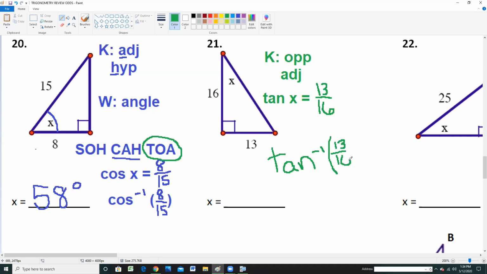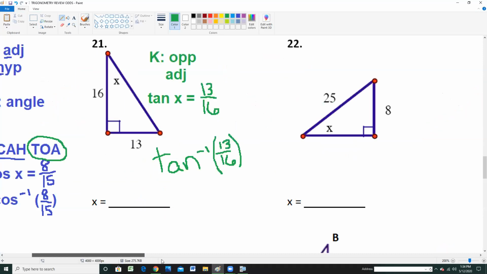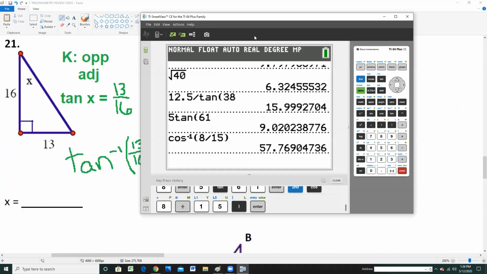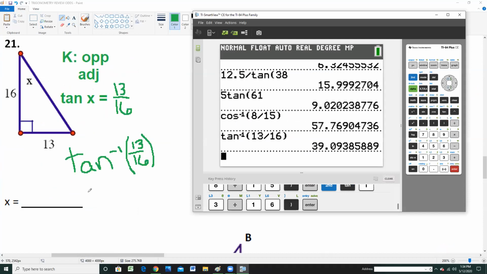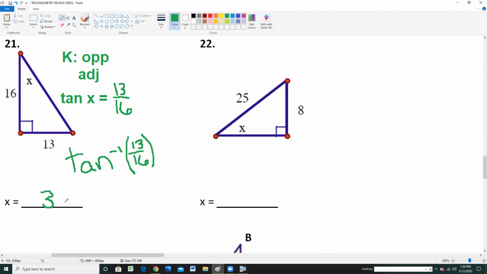There you go. Let's put it up here, see what we come up with. Inverse tangent of 13/16. It did say round to the nearest whole degree. So we're going to go 39 degrees,